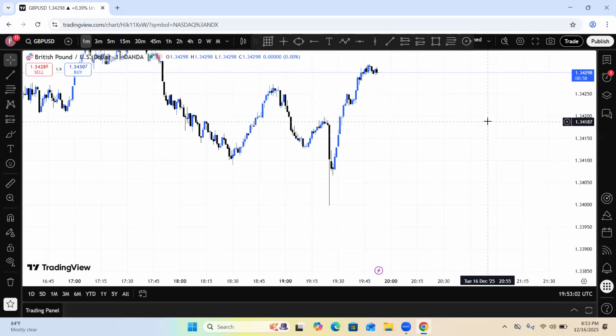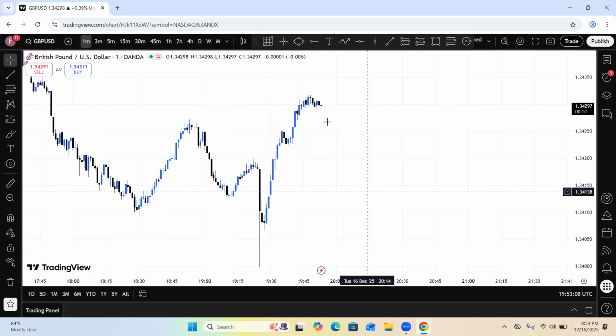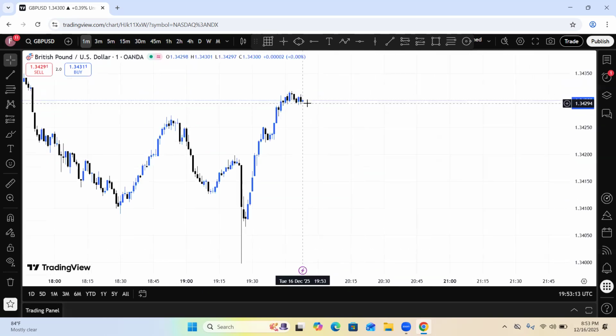Just watch, another candlestick will open. You see, I told you guys, because this candlestick just closed, so another one has opened and the timer is counting. When this timer is over, another one will open. Let's wait for the timer to be over, then you see another candlestick will come out. It means that every candlestick here is formed under 1 minute.